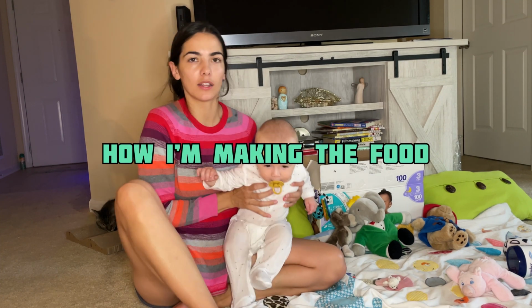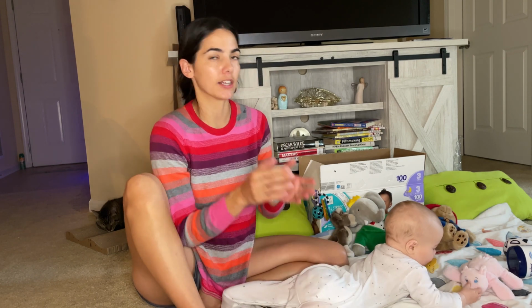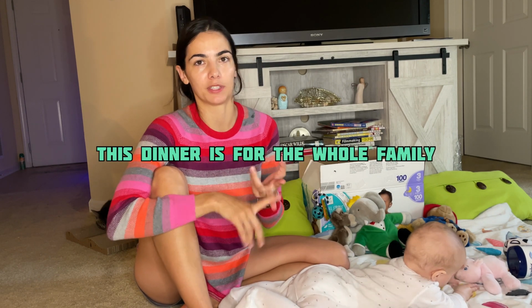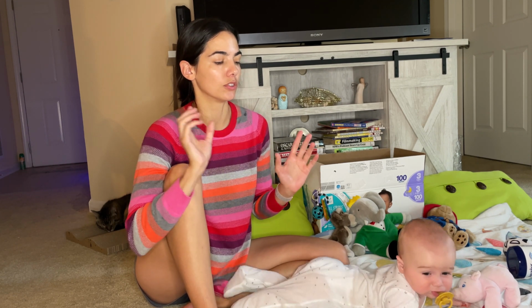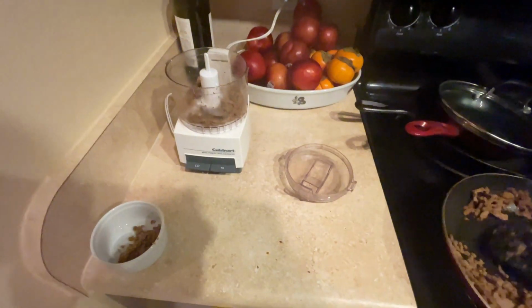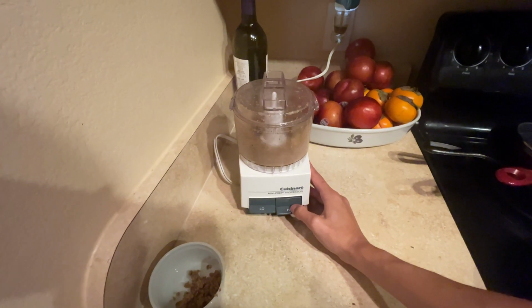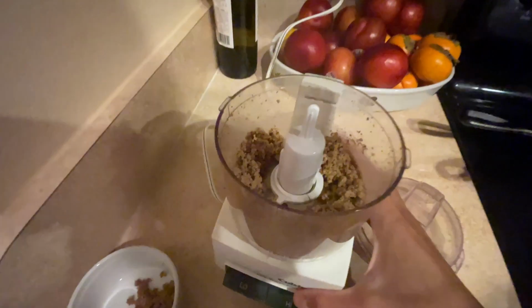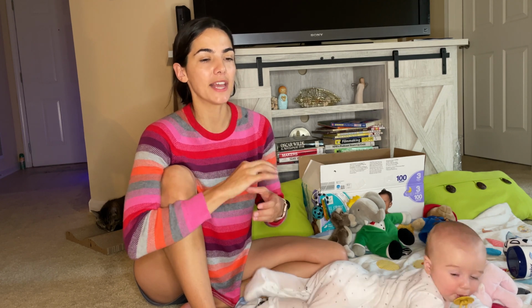As for what exactly I'm feeding him, typically, if I make a dinner, let's say it's ground beef, potatoes, and peas, I will make a bunch of it, and then I will take a portion of that food that I've made and grind it up. If it's meat, I'll put it into the mini Cuisinart prep food processor. It's in my other video. I talked about it. I'll blend it up and put it in a little container,